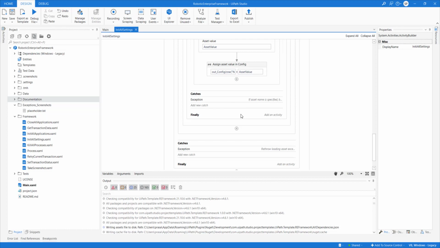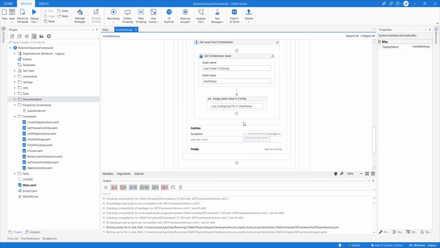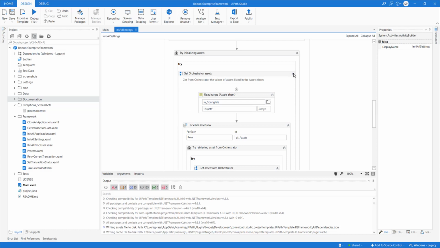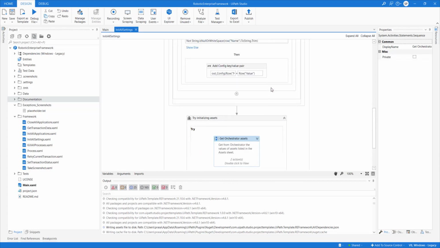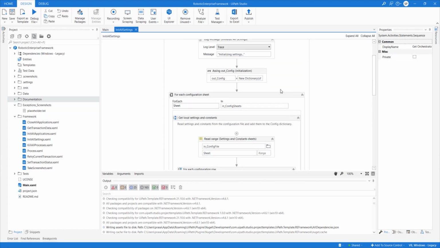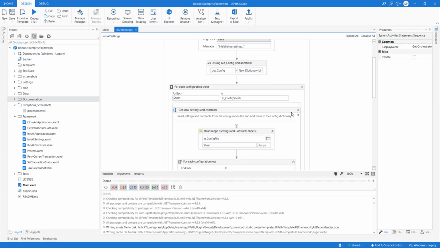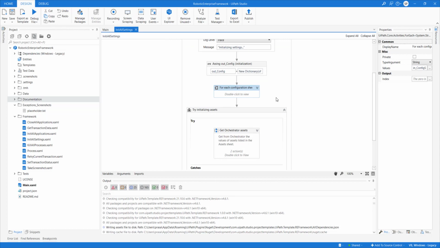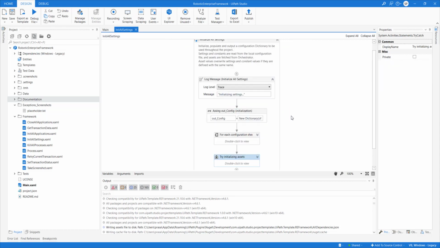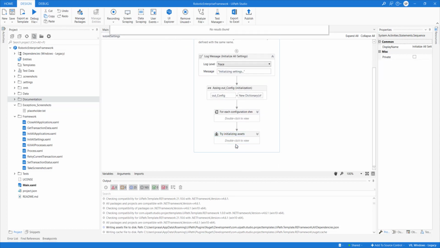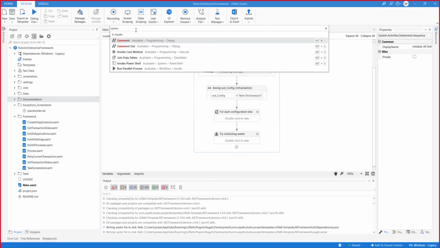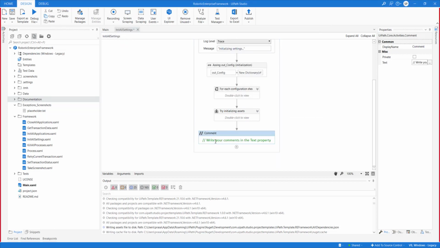So what I can do here is, say for example, let's minimize this just to help you understand how you should be able to do it. Say for example, I need to create some folders. So I'll create the required folders here, right?